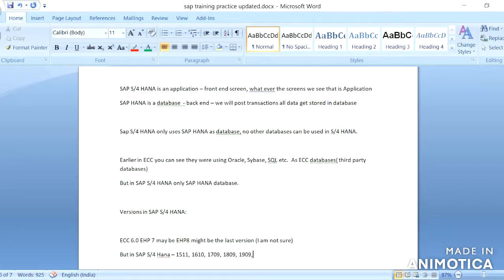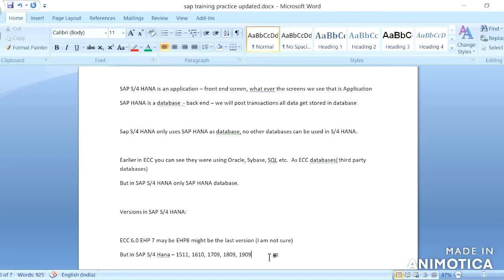I don't know about 2020 whether they have released or not. So as of now, as per my knowledge, these are the versions available in SAP S/4HANA. So whenever in the interview they ask which version you are working on in SAP S/4HANA, you should be on one of these versions.